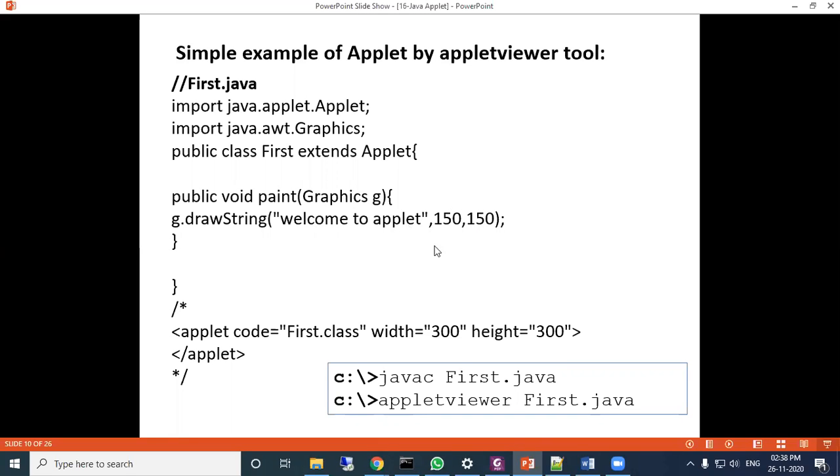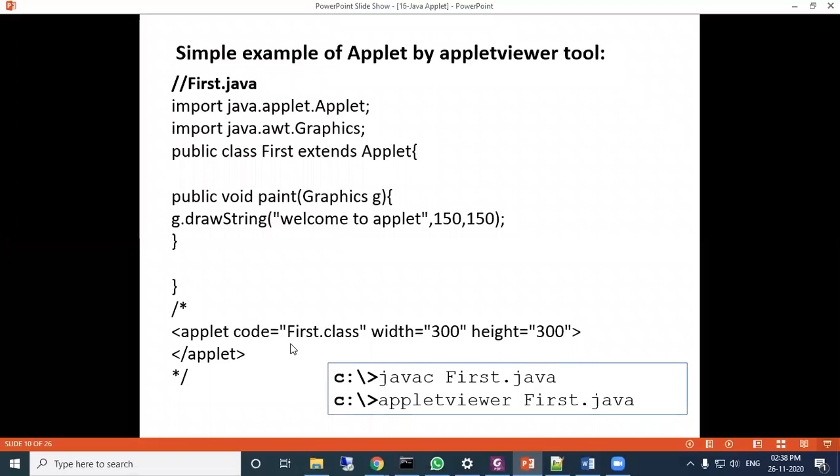This must be inside the screen. In this program, the applet code is first, and when you compile this class, it is converted to first.class. That will be called in the HTML code.